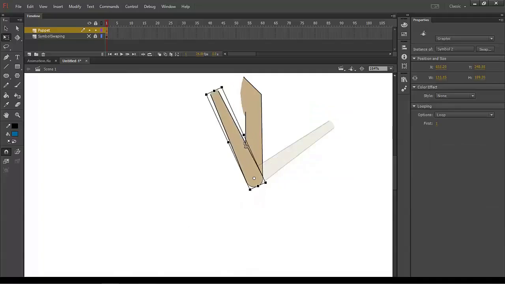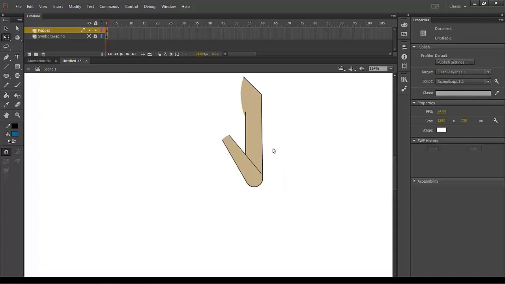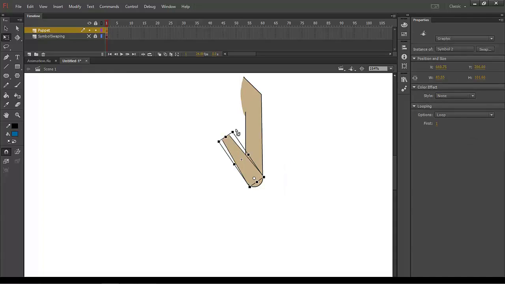Okay, as far as foreshortening and bringing the hand closer to the viewer, you can shrink this down like this, and it gives a little bit of foreshortening. But for the most part, this is what you're limited to, and it would be the same setup for the legs